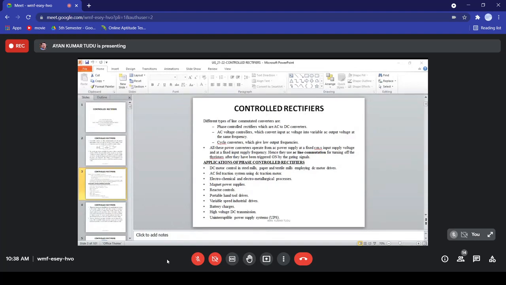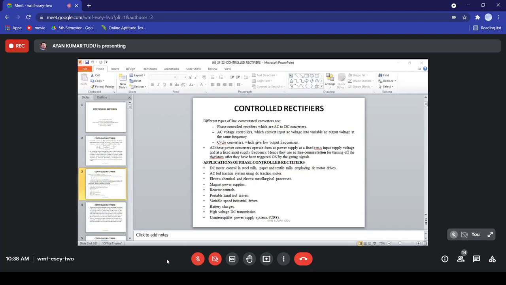As you can see, all these power converters operate from an AC power supply at a fixed RMS input supply voltage and a fixed input supply frequency. That is understandable. If the frequency varies, then obviously the output frequency will also be changing. Okay, but